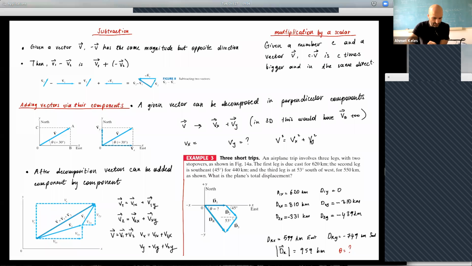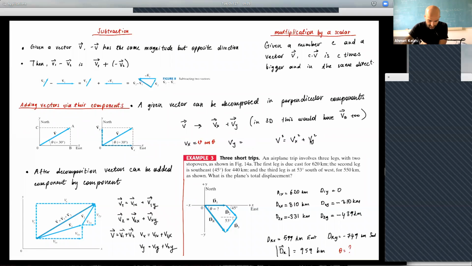Like I showed in the first page, you can just use geometry, and geometry tells me it is the magnitude of V times cosine. You can be confused sometimes with cosine and sine. Cosine is generally the closest side. So if you think of this triangle, cosine is the closest side divided by, of course, the hypotenuse. Sine is the further away side divided by the hypotenuse. If you want to memorize it this way, that's fine.